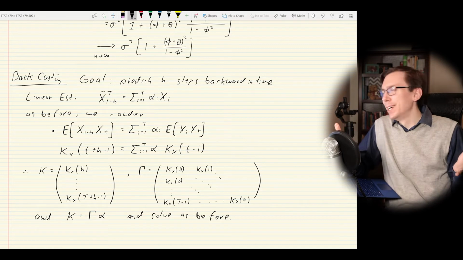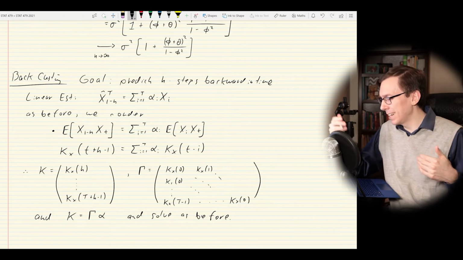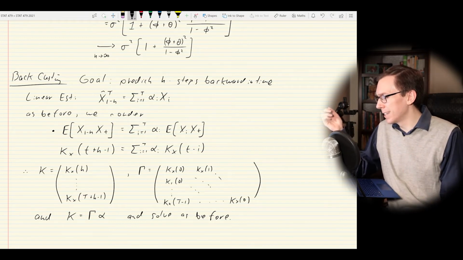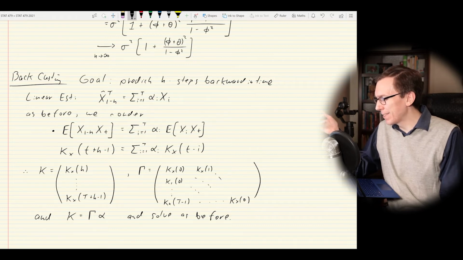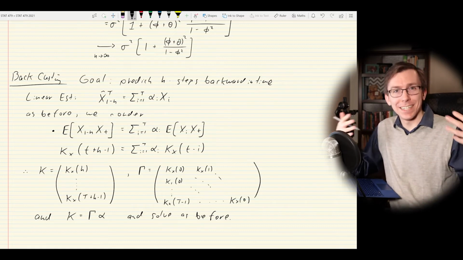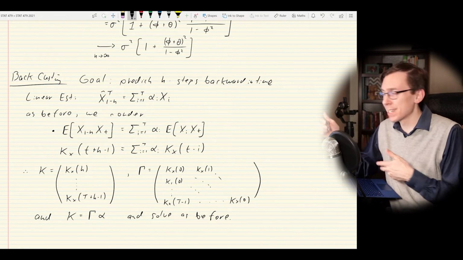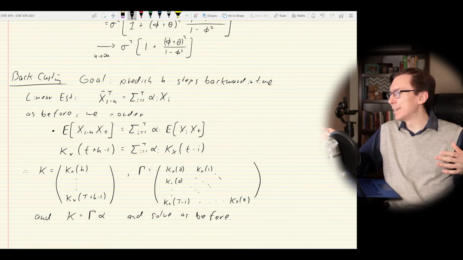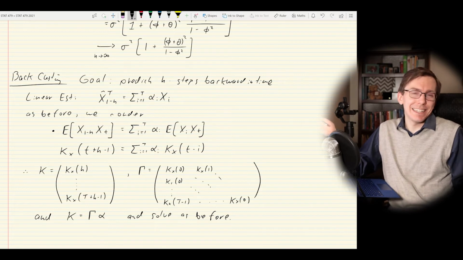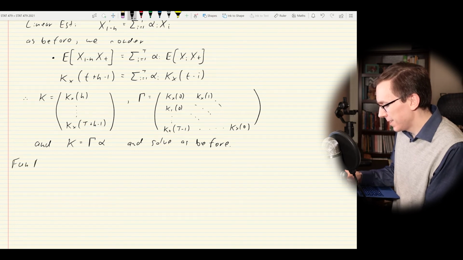Meaning that if T is small, we can just invert this thing. If T is not small, we can use an iterative method like Durbin-Levinson. There's too many, Durbin did too much. It's in too many things. We can use the Levinson recursion or the Durbin-Levinson algorithm to solve this recursively because we have a Toeplitz matrix, or we could use one of the other methods that we talked about before. Mainly the point is that everything is reversible, and mathematically it's kind of the exact same thing, which is pretty neat. In fact, there is one fun fact to leave you with,